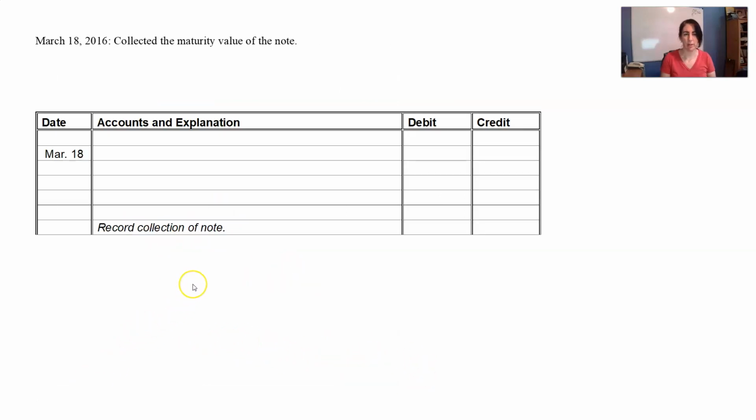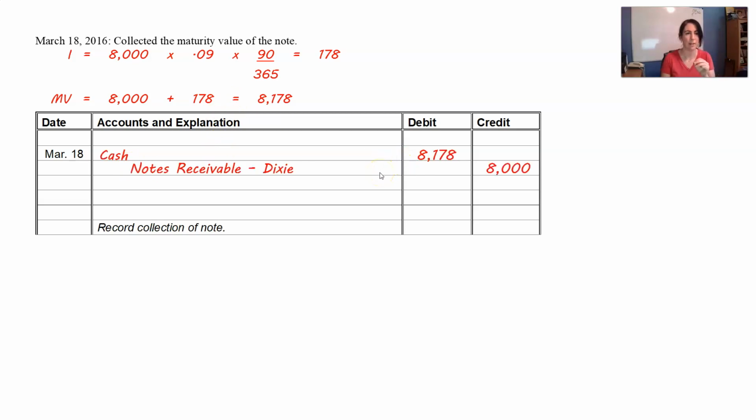Okay, so now the maturity value of the note. Now it's March, right? The year has passed. A year end has happened. We're all good. It's March. Let's calculate what the maturity value of the note is. Calculate 90 days, the full amount of interest. The maturity value is the $8,000 principal plus the full amount of interest. So you fully expect to get paid $8,178. So that should be the cash that I receive. Cash $8,178. You're going to take the receivable off the books for $8,000,